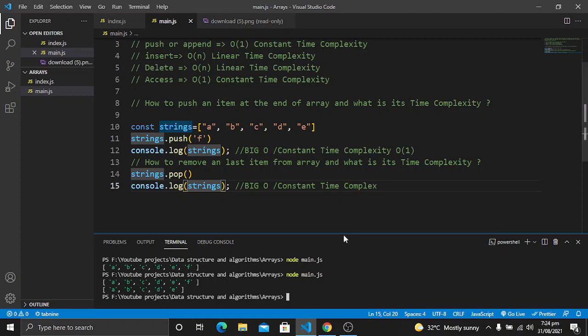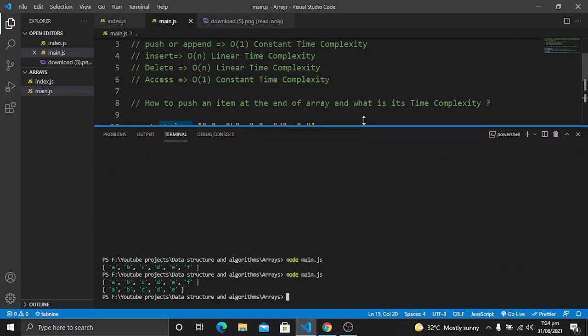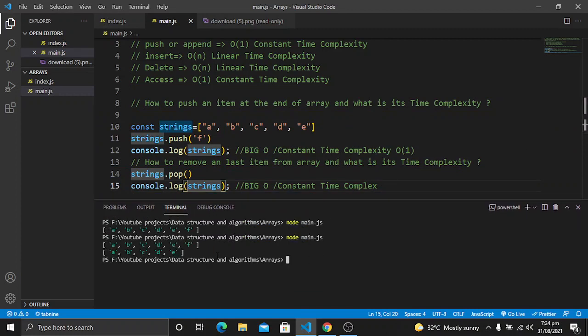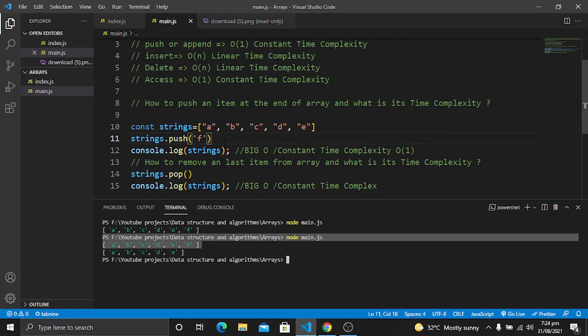Now you will see clearly what is happening. Here we are seeing the code and the terminal. At this point we have an array from A to E. Then when we performed this operation, strings.push, it added f at the end of an array. So at this position we are receiving an array from console.log strings after performing the push method. When we performed strings.pop, it removed the f from